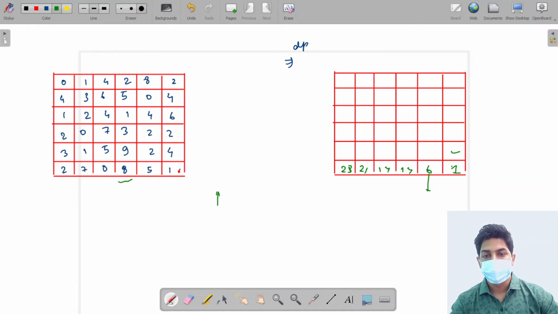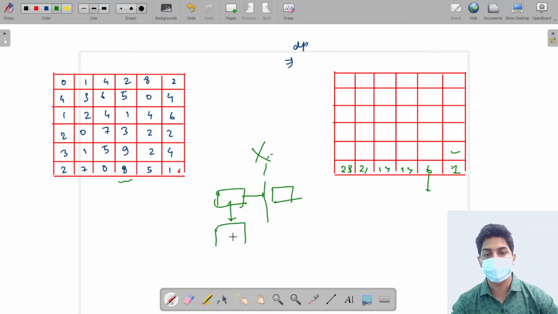Here we do not have the option to move in the horizontal direction since we will be out of the board. So this is not an option, so we can move only in the vertical direction. Vertical says that we require 1 if we want to move vertically. So the answer will be 1 plus my cost. What is my cost? 4. 1 plus 4 equals 5 will be the cost over here.